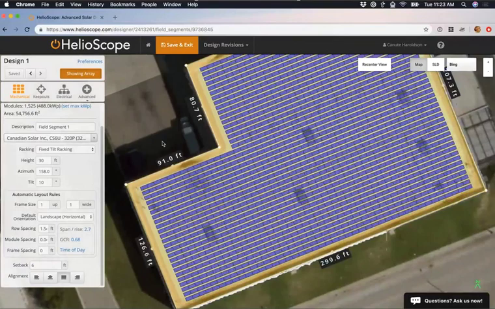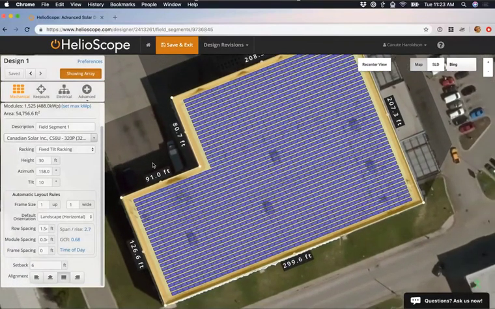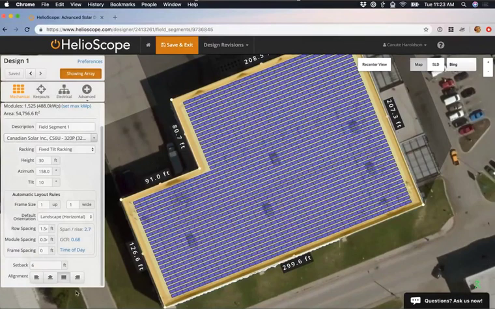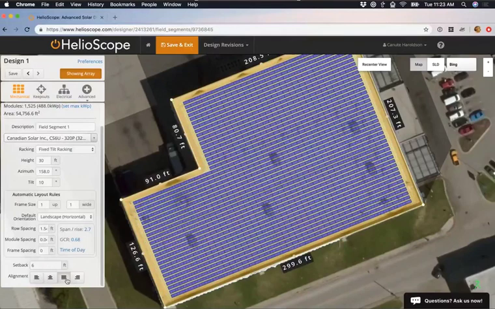Now for the next part of this, I can change my alignment settings. Right now I've got all my modules laid out in sort of a justified grid alignment, but if I want those to be aligned all the way to the right, all the way to the left, or centered, all those 3 options are going to try to fit as many modules into that space as possible. But for now, maybe I don't have this absolute grid layout, so I'm going to select that,